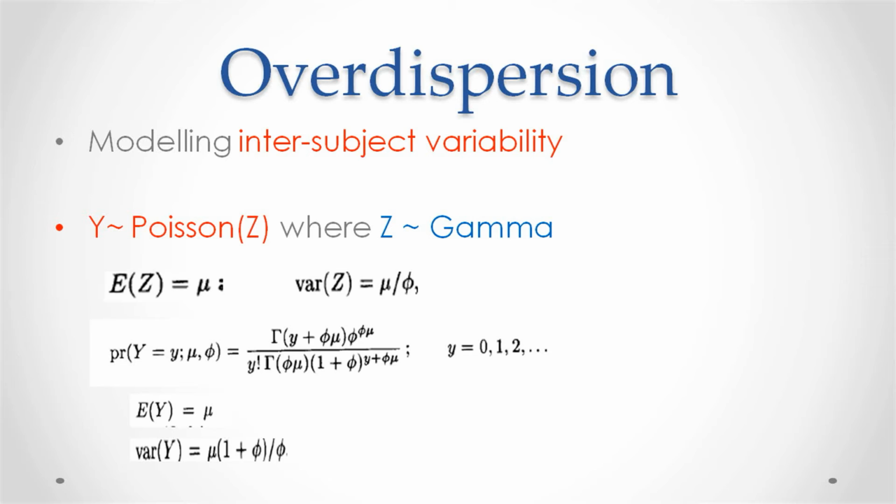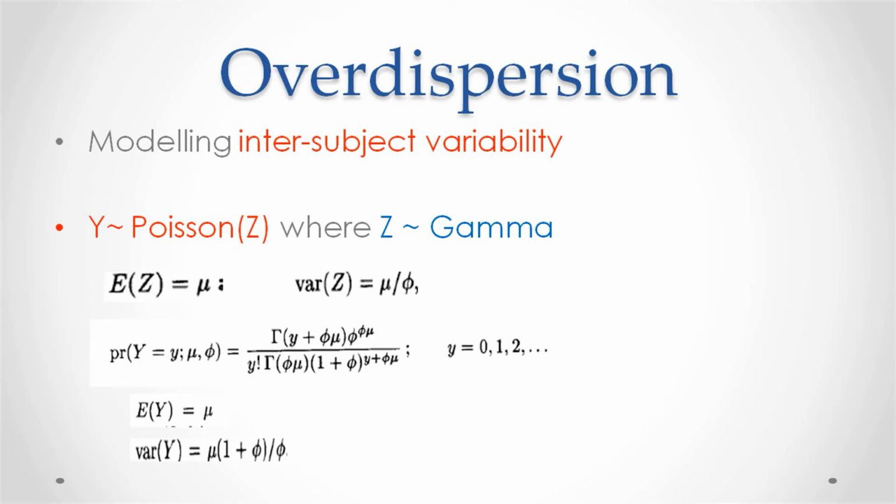A second situation where overdispersion could arise is when we are modeling inter-subject variability. So let us assume that we are looking at some outcome Y which is distributed as Poisson with the rate parameter equal to Z. But Z, instead of being constant over the population, itself has a distribution which we shall assume is given by the gamma distribution. In this case, again, by using the properties of conditional expectation or by writing down the likelihood explicitly,